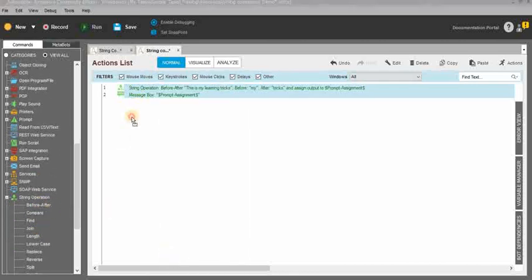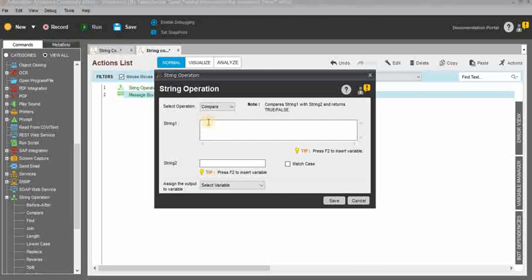And compare. Using this command we can compare two text strings. Like this is My Learning Tricks. So I will copy and paste the same values in string 2. It will compare string 1 and string 2. Either you can use a variable also. You can insert variables using the F2 key.